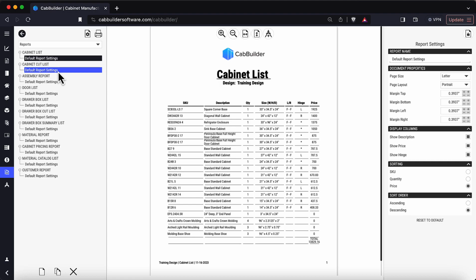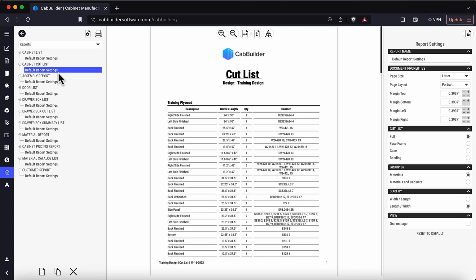The next report is called Cabinet Cut List, and it shows all the parts needed to assemble the cabinets, with the exception of the attached drawer boxes. You can have the full list of these parts, or filter out specifically face frame pieces, case parts, or bandings. Organize the document by either materials and then cabinet by cabinet, and sort it with either width or length first,